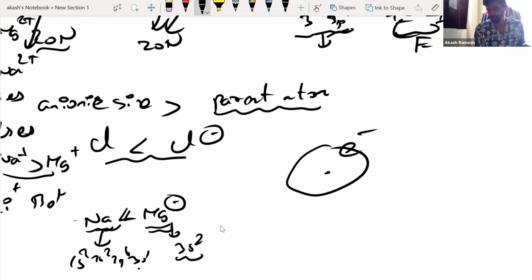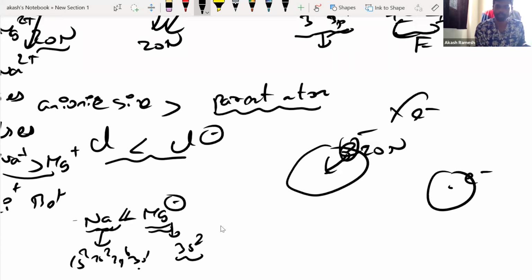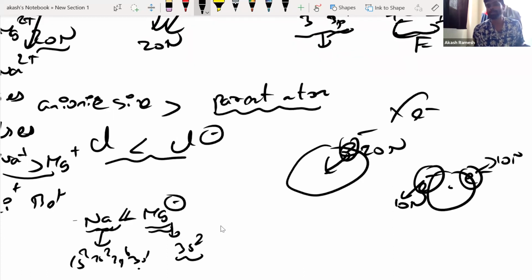Say the valence electron is here. This electron is experiencing 20 Newton force. Now I add one more electron to this. I have 2 electrons now. What is happening? Now this electron experiences 10, total 20 Newton again. This electron experiences 10 Newton and this electron experiences 10 Newton. So these 2 electrons will try to move a little away from the nucleus, so obviously they will have lesser force.